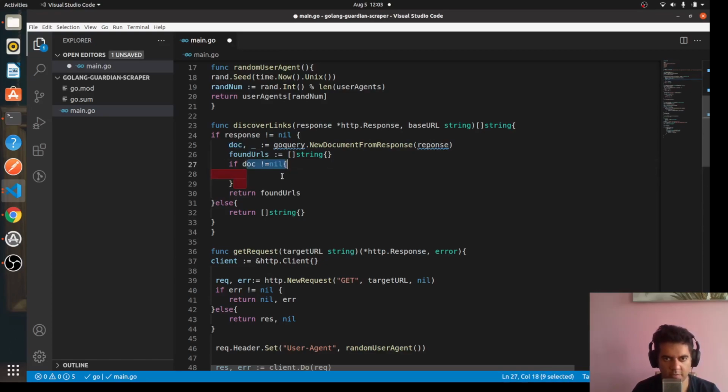Here we're checking if document is not equal to nil, and what we'll say is document.Find. This find function, and we'll find a. All the links, as you know, in HTML are with a, so it has created it for us in an HTML document, which we can use Golang to go over. So here we'll run